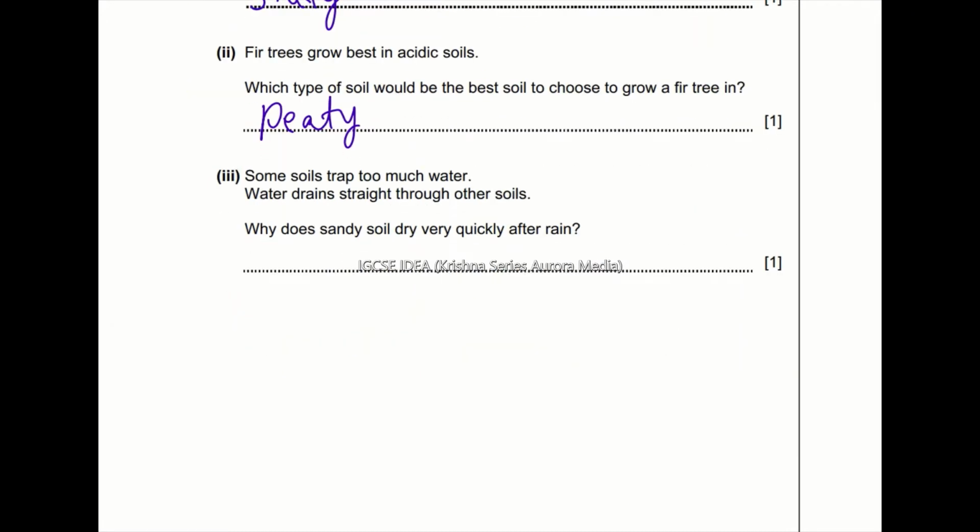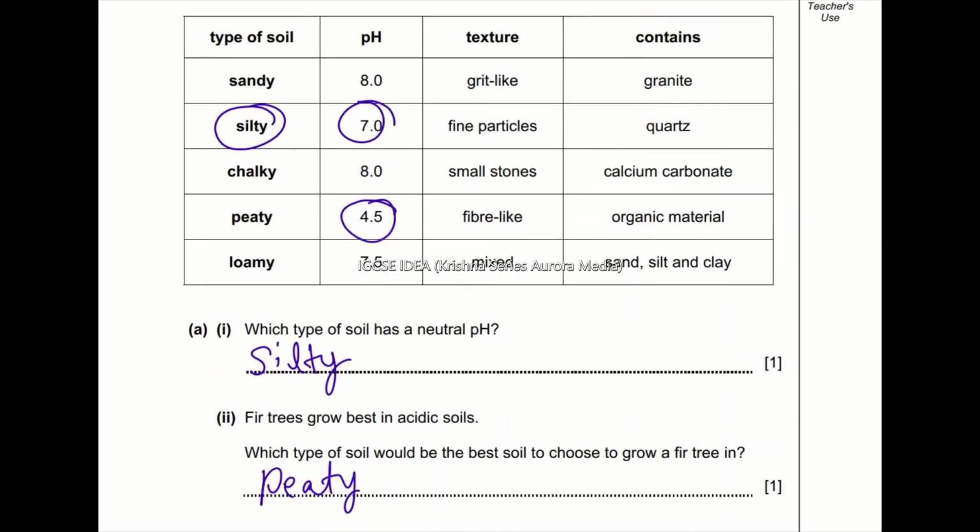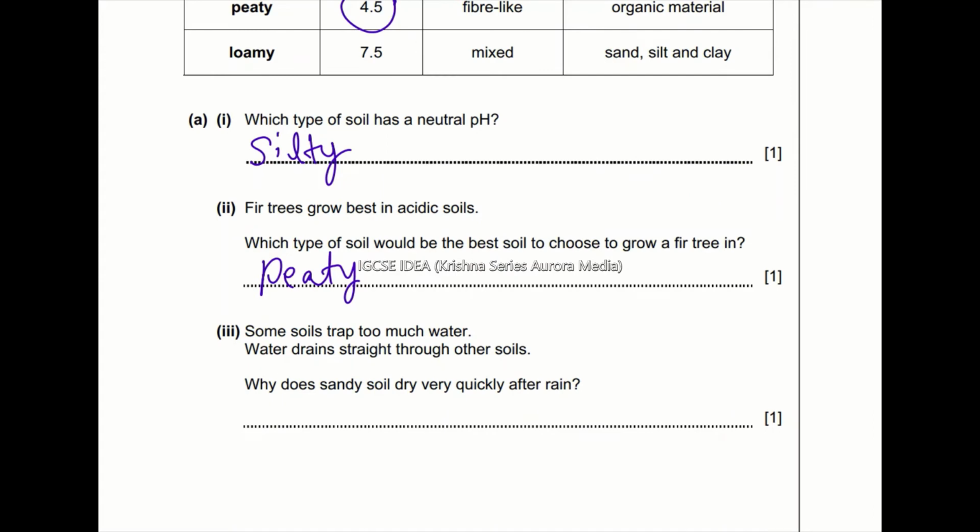Some soils trap too much water. Water drains through the other soils. Why does sandy soil dry very quickly after rain? That's because water passes straight through it as it's grit-like. So we can write it as